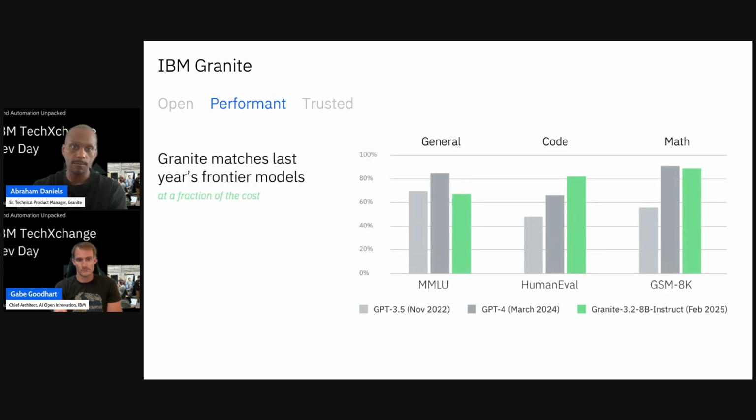And then just a really cool slide. What this outlines is what I mentioned earlier when you talk about performance versus cost. On the far right, we have our Granite 3.2 8B instruct model. General, code, and math are key benchmarks under MMLU, HumanEval, and GSM8K. These are some core benchmarks that we evaluate our model on. What you can see is that when compared to GPT-4, which came out just a year prior, we are either in line or doing better than a frontier model that is roughly,